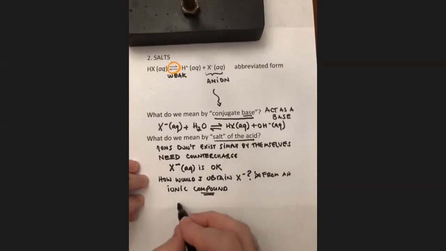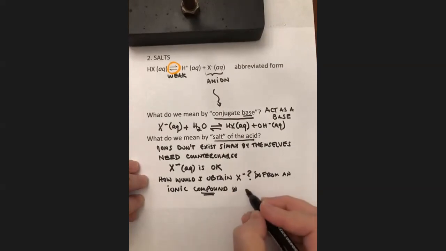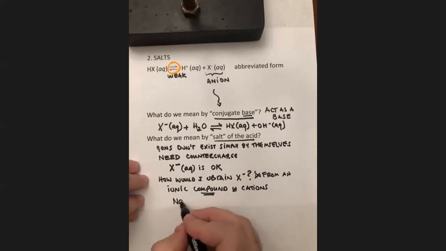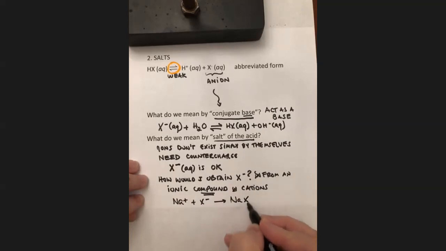It could be with, let's say, cations. So it could be sodium plus X minus gives me NaX. It could be potassium,